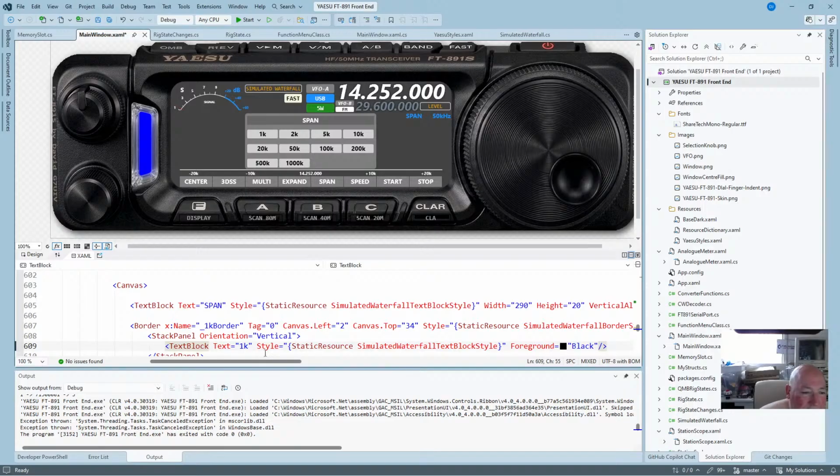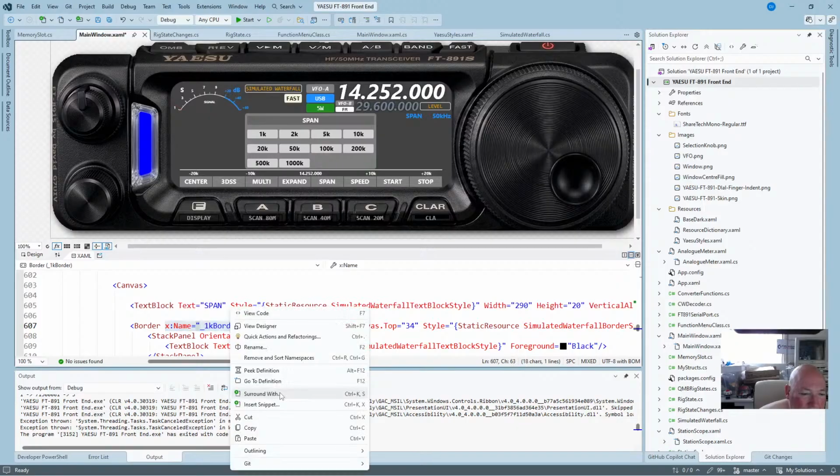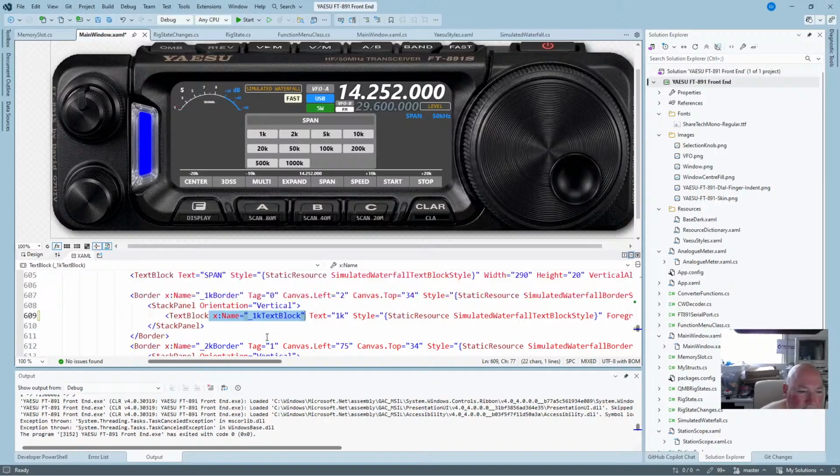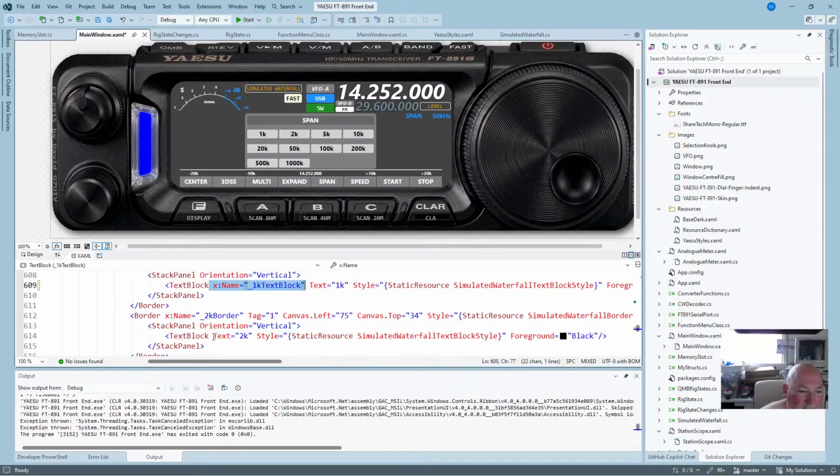Tell you what, we might as well just carry on this idea. Maybe we can make this reusable. So X name, instead of it being a 1K border, it's the text block. There we go. Just need to get to it directly. Right, so it just means we've got to go and put these in there